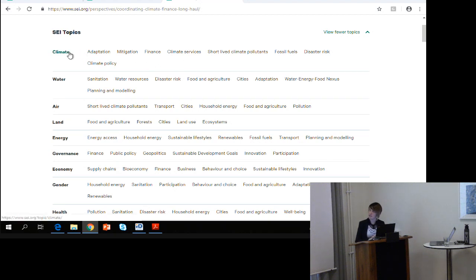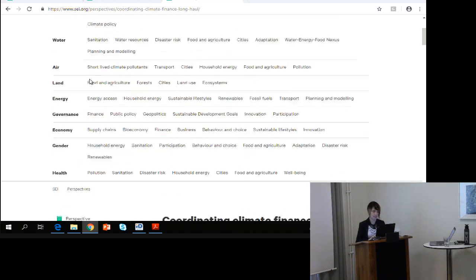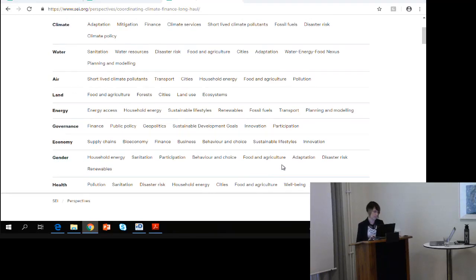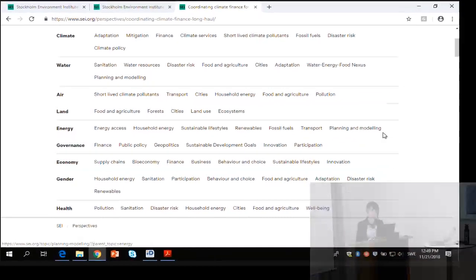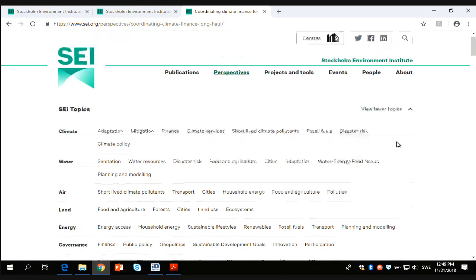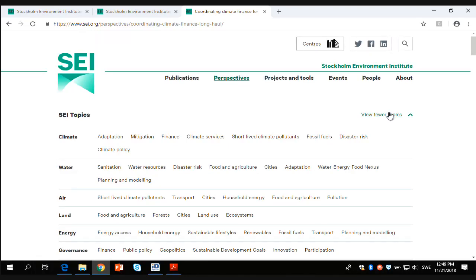And so if you're writing something on climate adaptation, that's a little bit different to writing something on gender adaptation, for example. The subtopic pages will pull together adaptation-related content from various topics, but if you have a look at the topic pages,